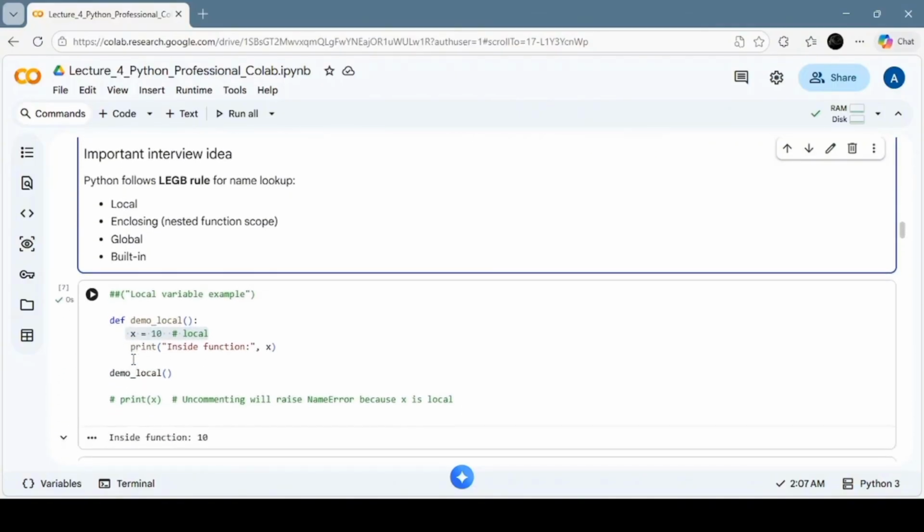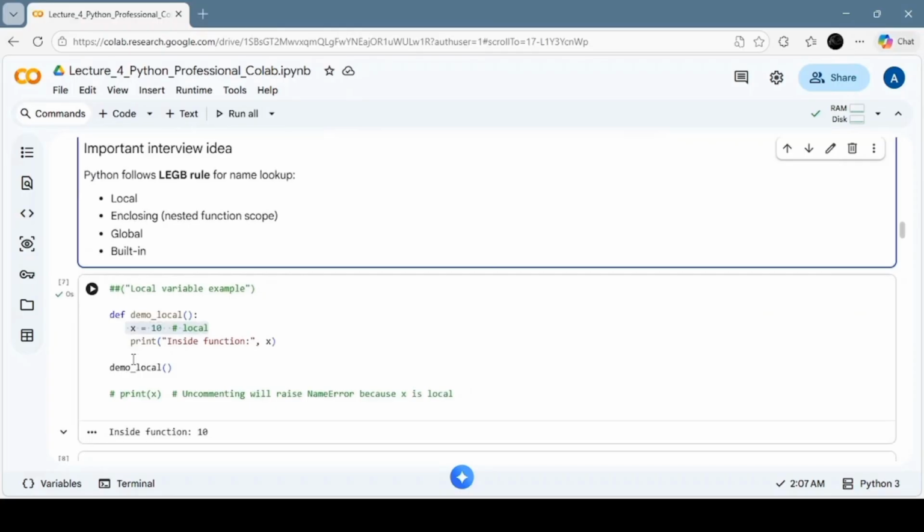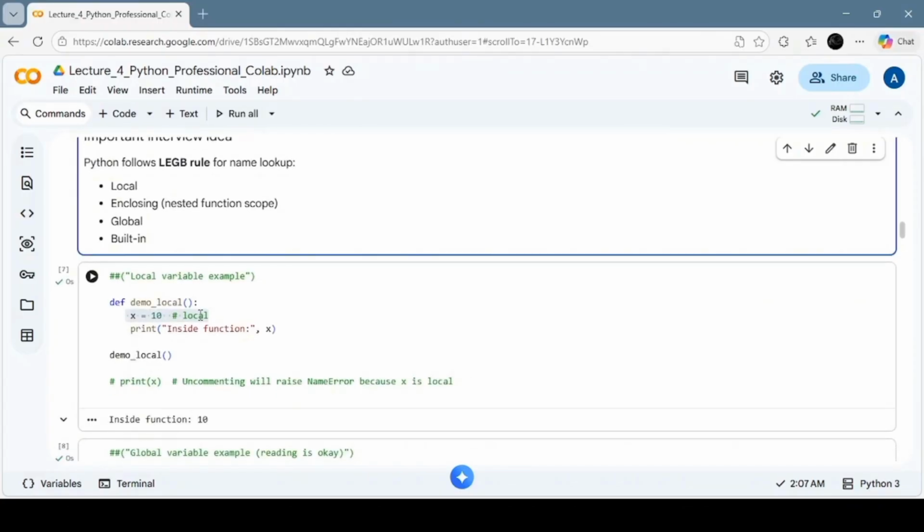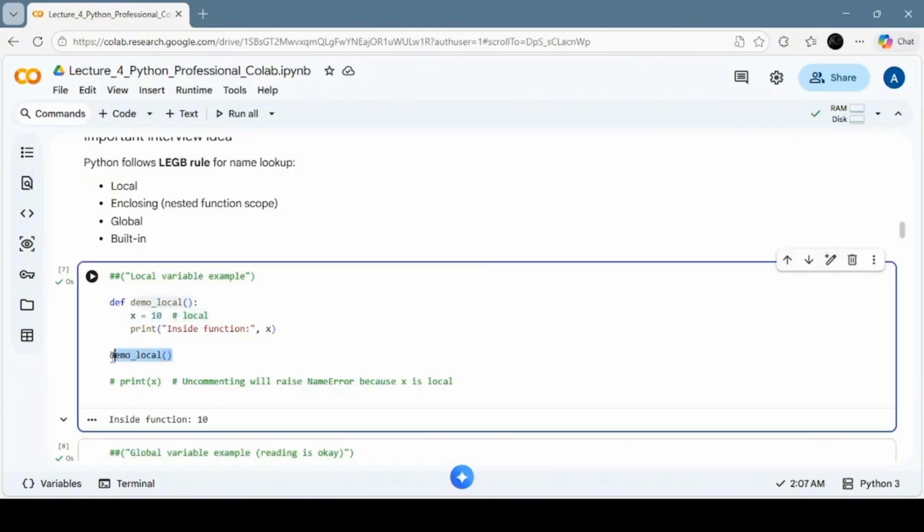So here is an example which follows a local variable. The x is created, value 10 is assigned. And what we are doing, we are calling this function, and the variable x is created here, displayed here, and it ends here. So after it's done, if we try to print it outside the function, it will have no value. It will actually give an error, and the error will be a NameError